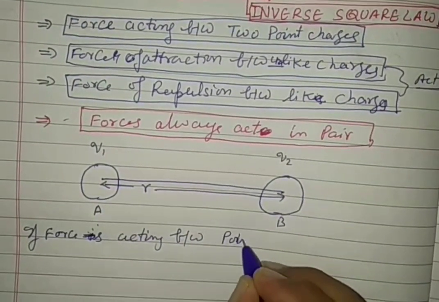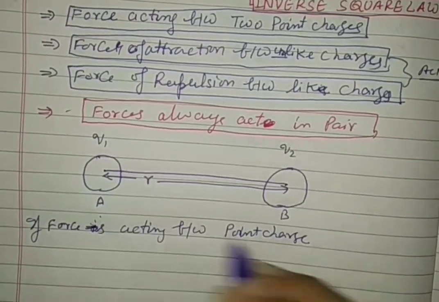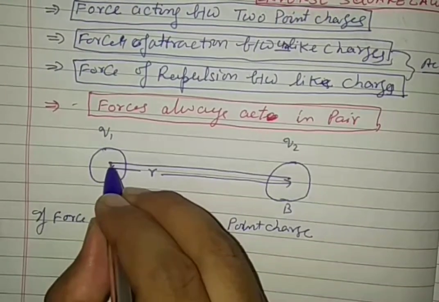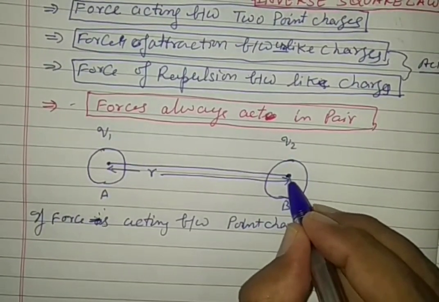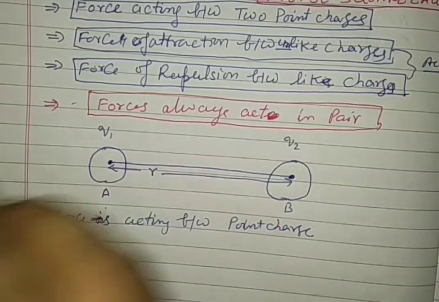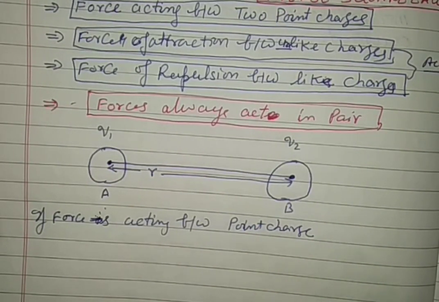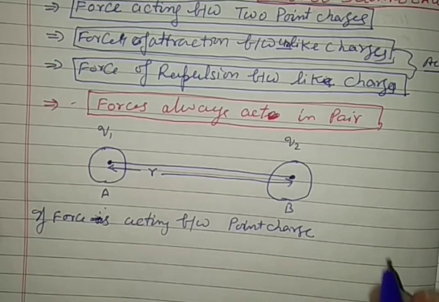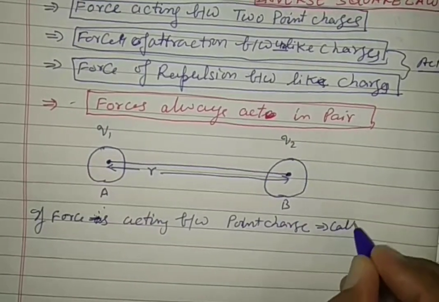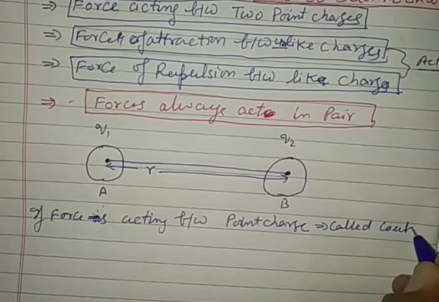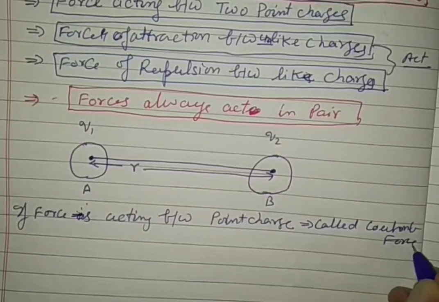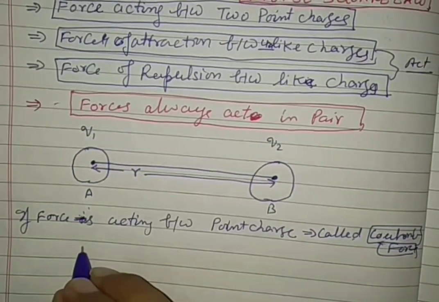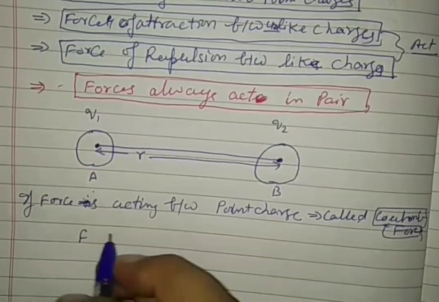force, first of all saying force, if this force is acting between point charges. This charge is considered a point charge, and mathematically it is considered to act at this point, total charge Q1, and here at this point, but really it is scattered in all directions, over all surfaces uniformly. If force acts between point charges, this force is called the Coulomb force, and we are going to study this Coulomb force. This Coulomb force is denoted by F, and it is